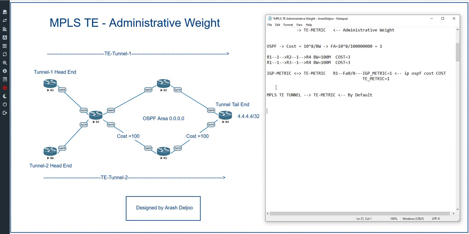For example, if you configure this scenario, R1, then R2, then R3, after that R5, and after that we have, for example, other links. This is R1, R2 to